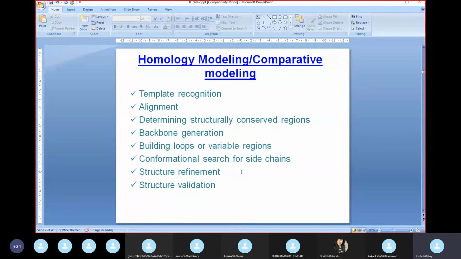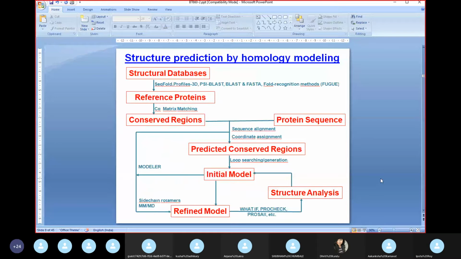For example, you may propose a structure, but then you find out that energetically that kind of structure is not stable at all. Right, so obviously that will not be the right structure. So validation becomes important. Validation is also based on information from other sources that are available to you about that particular protein. So these are some of the tools available, and we will not go into details of these.